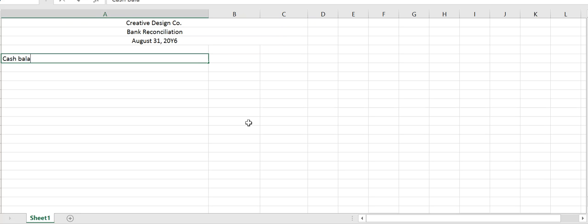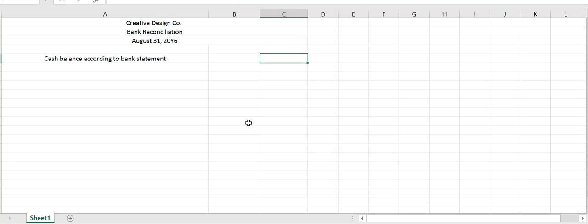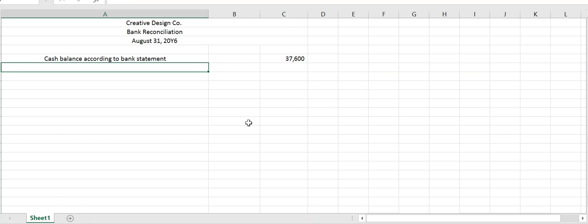So we have our cash balance according to the bank statement. And we have a subtotal and a total column. So this is going to go into our total column. So the bank statement says that we currently have $37,600, but we know we have some reconciling items that we have to take a look at. So we have adjustments. So if we have any positive adjustments, we'll list those first, followed by anything that's going to negatively affect that